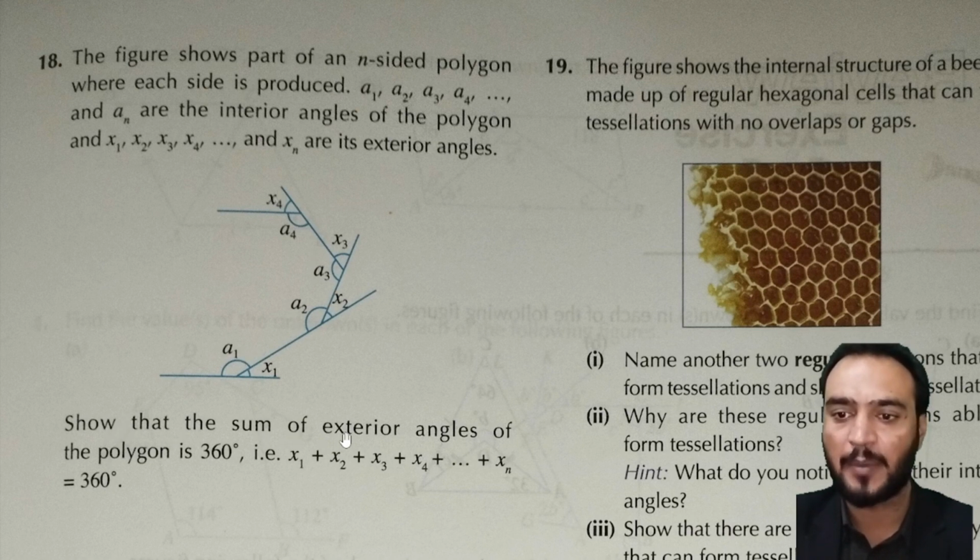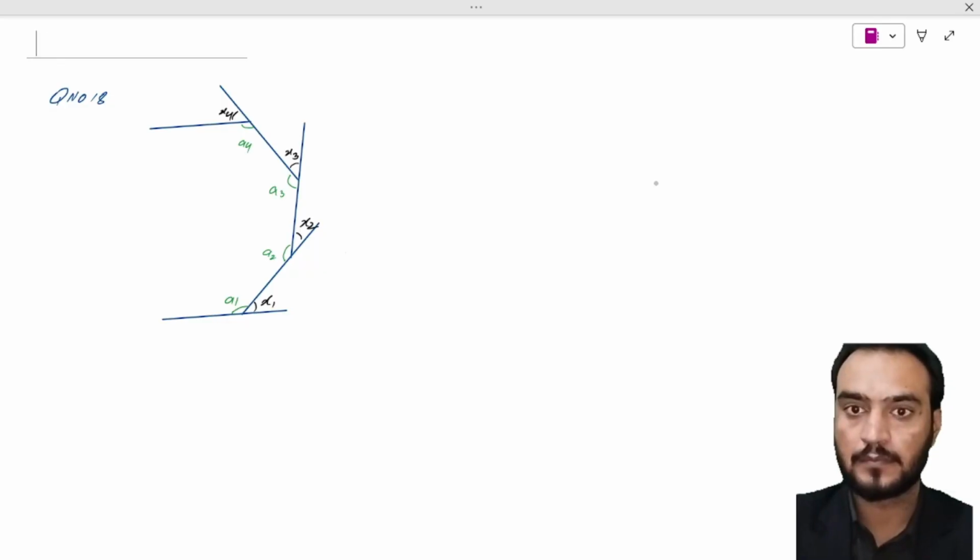Show that the sum of exterior angles of the polygon is 360 degrees. That is, if we add all the exterior angles, then their sum is equal to 360 degrees. So let us solve. This is question number 18, where